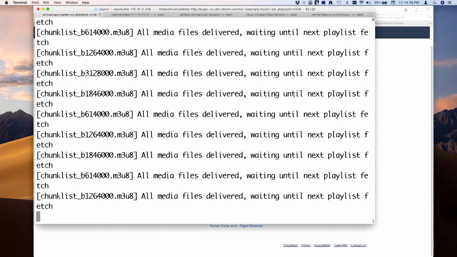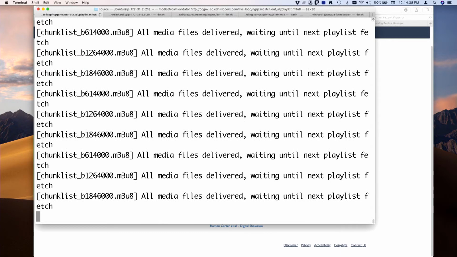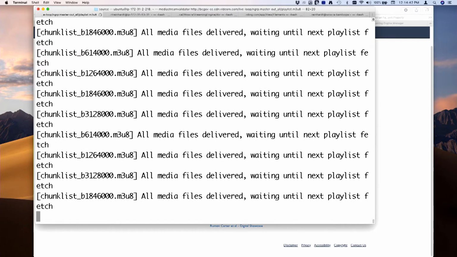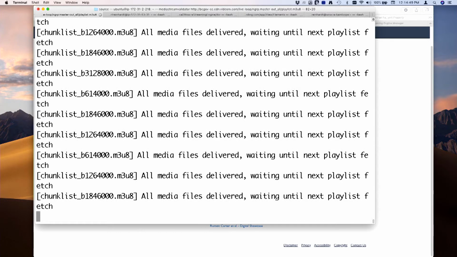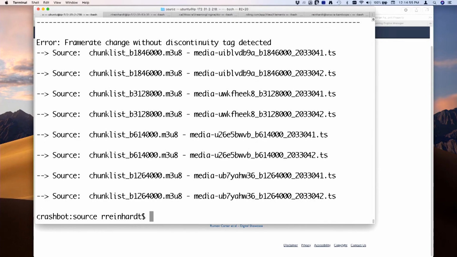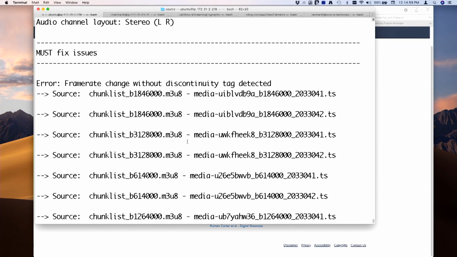The fact that I don't see a W and a number between this chunk list and the bit rate here means that I am serving it in HTTP origin mode, so it's a sessionless session, so that the cloud doesn't get confused with packets for different players or different sessions. And it's just going to keep doing this until I hit Control-C, and it's already outputted